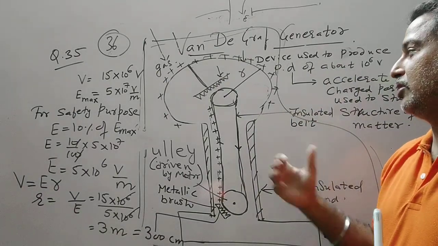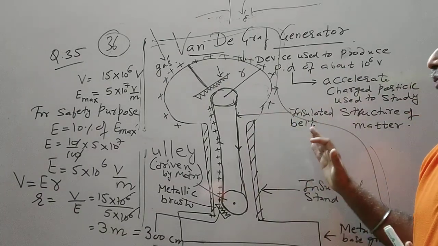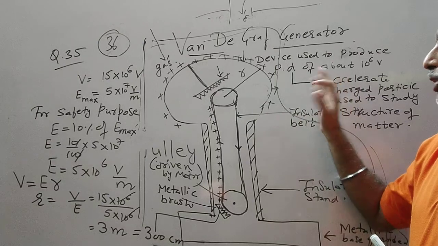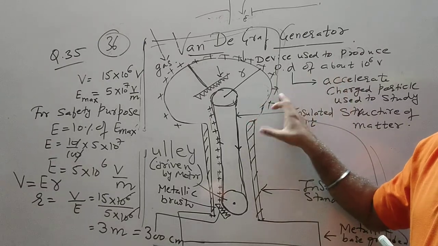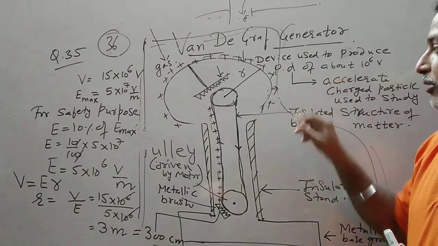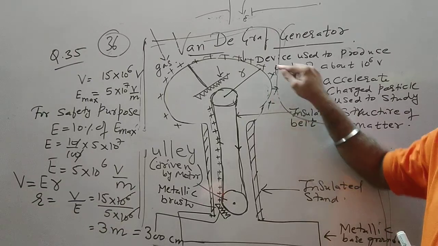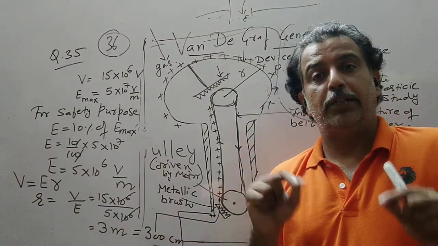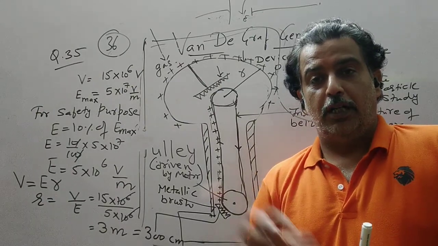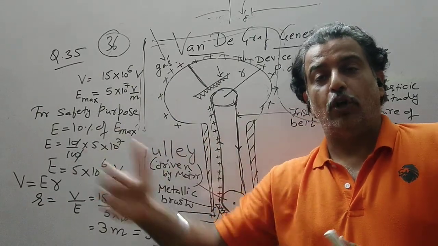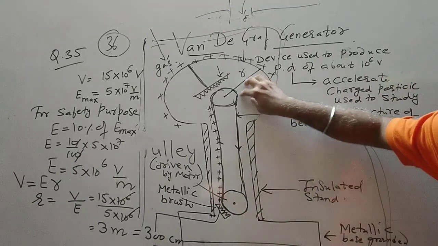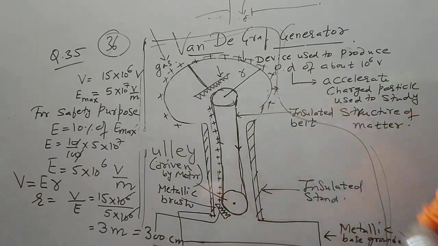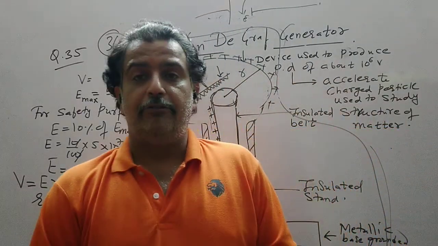The outer surface is positive and inside this region it is a low potential. So this region also has a potential difference. Potential difference means if I try to bring a unit positive charge from outside to this point, I have to do the work against it. Once I reach its surface and then come inside, the electric field inside is 0, but the potential is the same as it is on the surface. So this region also has a potential difference created. So this is the concept of the Van de Graaff generator.